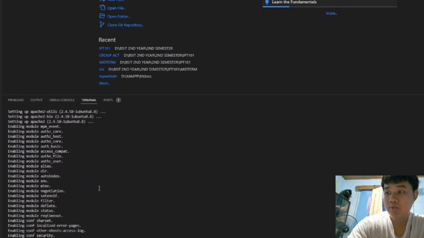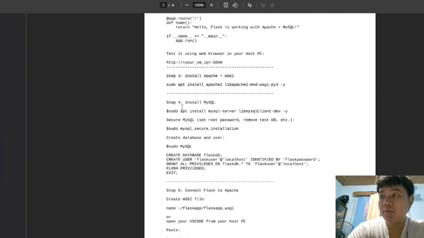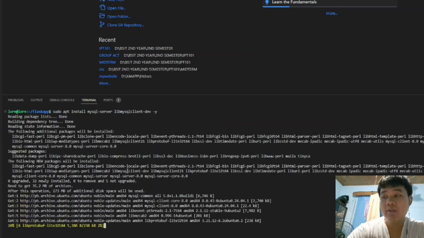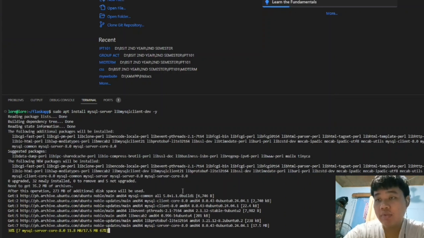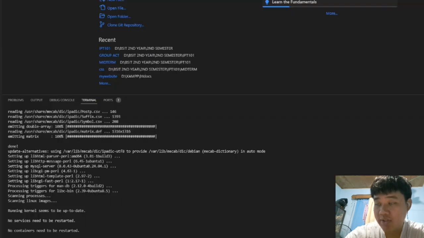Just a little bit, and then after that we will install MySQL Server using this code, sudo apt install mysql-server. And we just have to wait for a little bit again, and then after installing this we will secure MySQL, and just copy this code, sudo mysql_secure_installation.